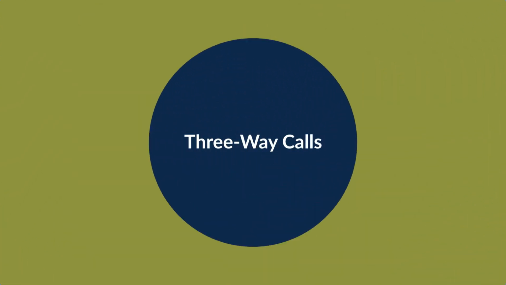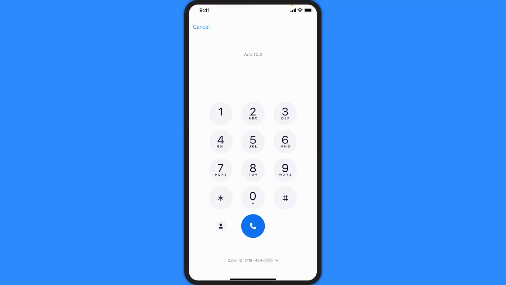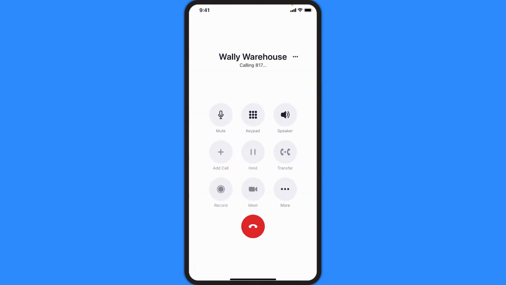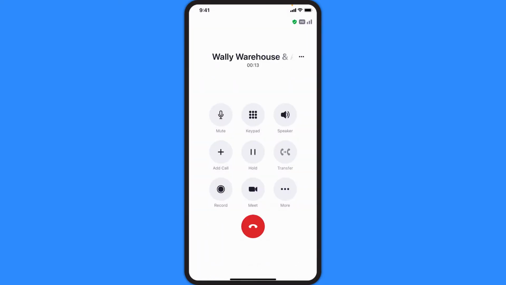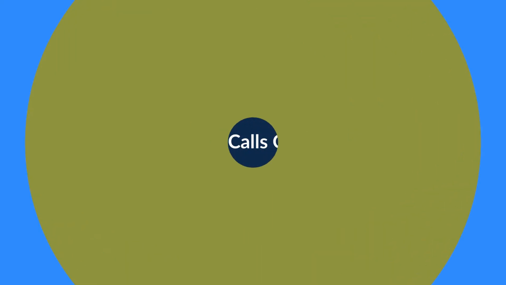Tap the icon to reveal all of the audio options available and select which audio source you would like to use. To add an additional phone line to the call, tap on Add Call to search for a specific contact or dial a number to include them in the conversation. The current call is put on hold as you connect with the additional phone number. When ready, tap the Merge button to add the 2 separate calls together. By tapping on the caller ID information, you can easily see who is involved in this particular call and drop one of them as necessary.